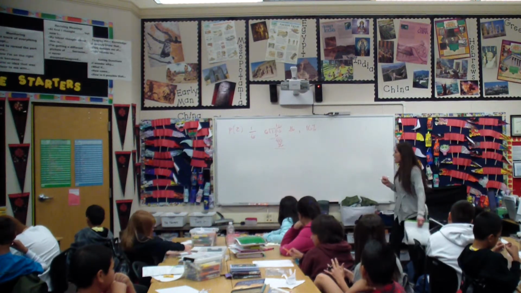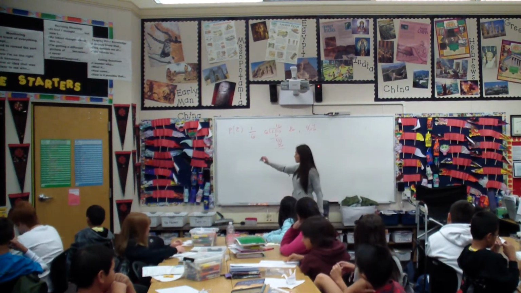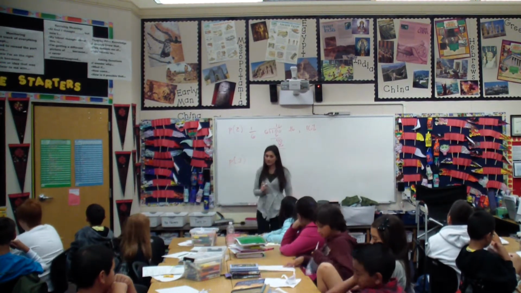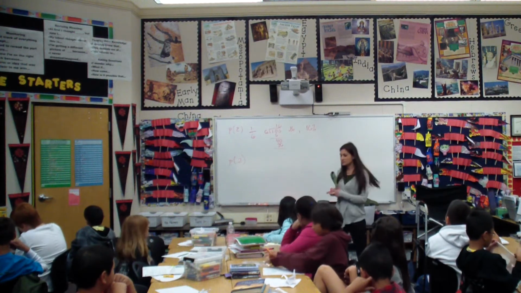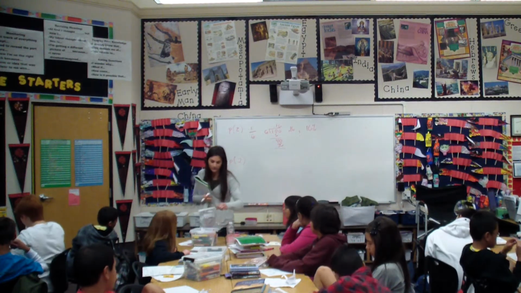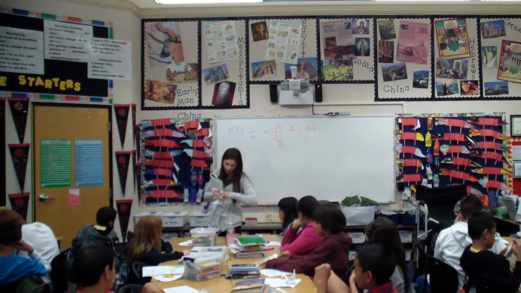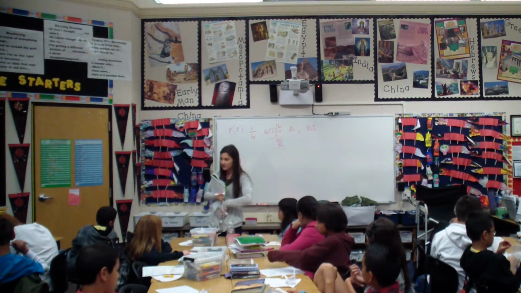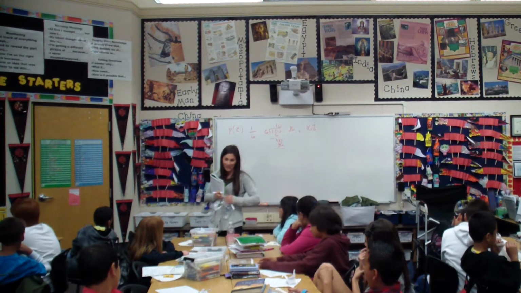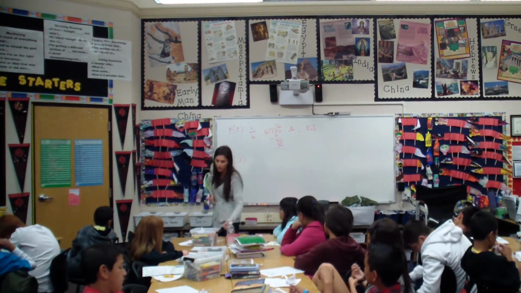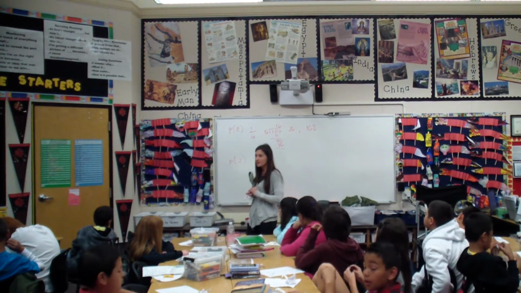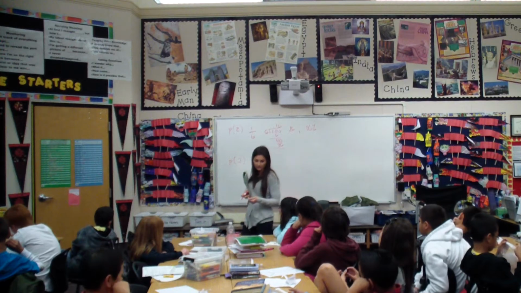So, if we were going to find the experimental probability of rolling a 2, I'm not just going to roll it once and be like, oh, okay, I'm going to roll it once, see what I get. If I don't get a 2, then that means there's 0 probability of me ever rolling a 2. It's not going to happen that way. You have to roll it. You have to do what we call trials. You have to test it out multiple times in order to get a more accurate probability, okay?